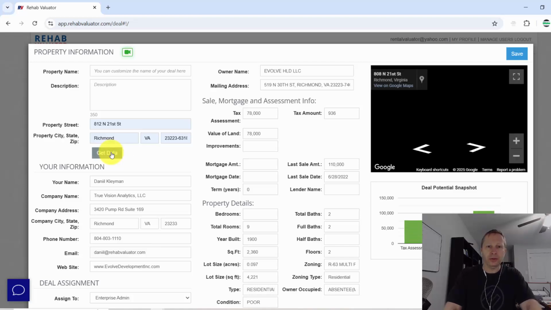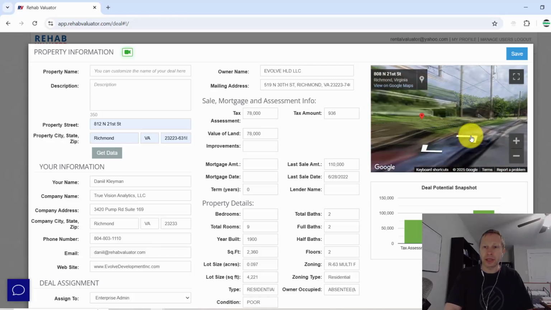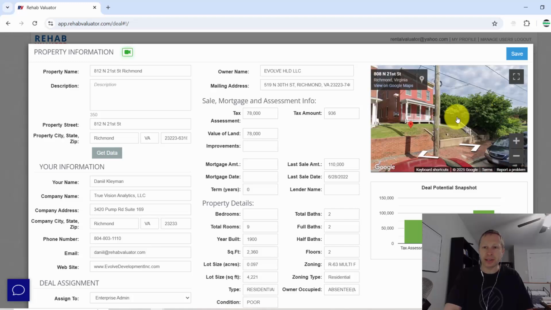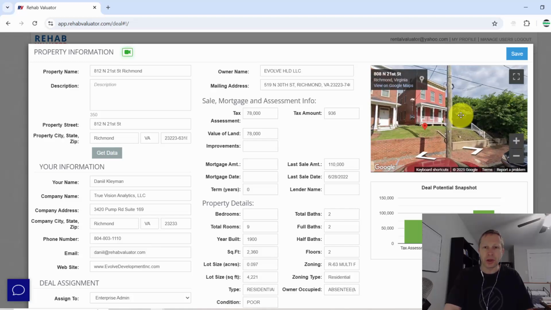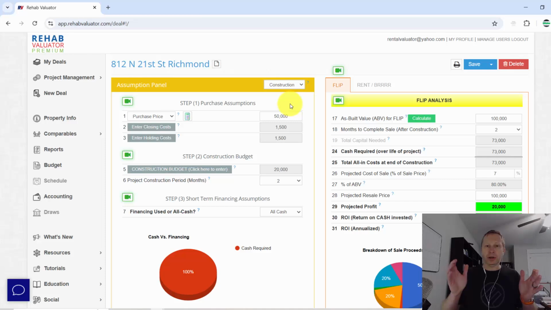that I already own. And so I can immediately, for my vacant lot, pull up tax information, last sale amount, zoning, right? Very, very important. Inside the software, I can pull up what it's zoned, how big the lot is. I can pull up Google Street View. This Street View actually isn't completely accurate because this is a 6-unit building that I built. This is a duplex that I renovated, and the buildable lot is actually right here to the right of the duplex. But let's save this,